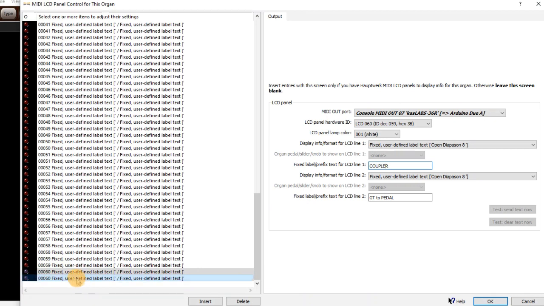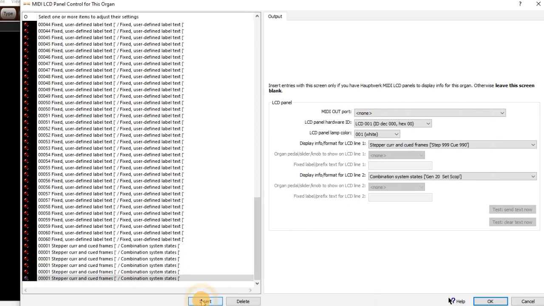So we only have 60 entries in here on each jam, but we've got to add another 4 on each jam in order to accommodate these 4 extra labels. So I'm going to hit insert 8 times. 1, 2, 3, 4, 5, 6, 7, 8. And then I'm going to allocate